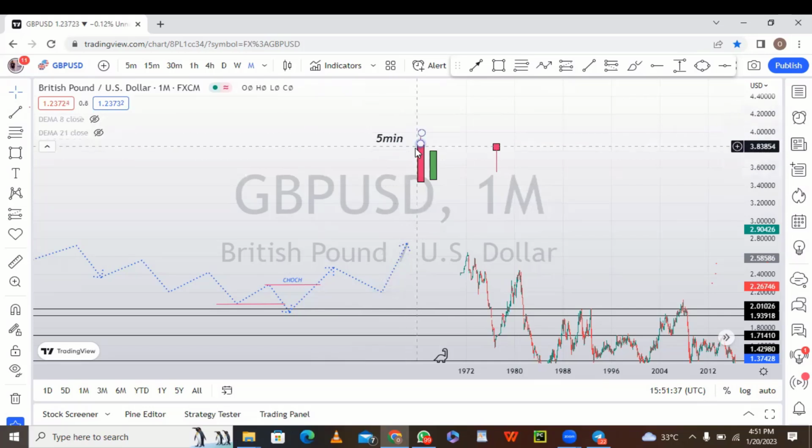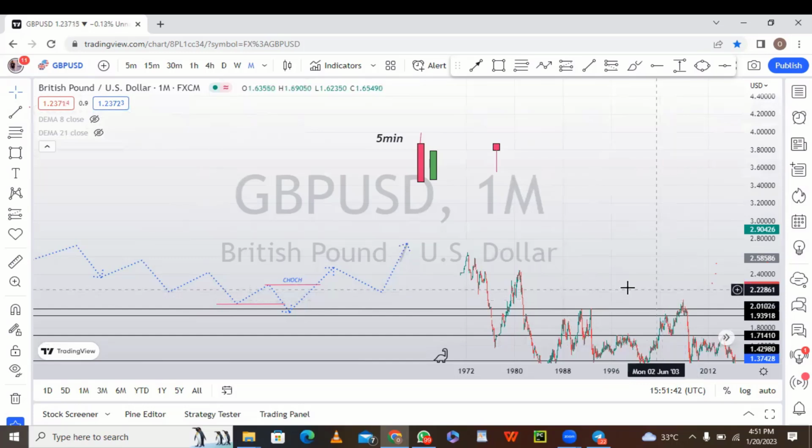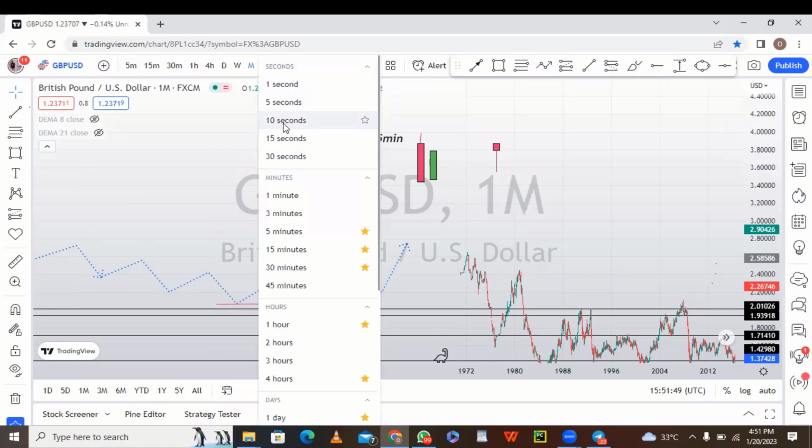I'm explaining how these candles are formed on the chart, because you have time frames such as 1 second, 5 seconds, 10 seconds, 15, down to 1 minute and all. But these are just the time frames I work with, that is why I'm starting with this. If you are on the 1 minute, 5 candles on the 1 minute will combine together to form a single candle on the 5 minutes. In a similar way, 2 candles on the 5 minutes will combine together to form 1 candle on the 10 minutes. So this is how these candles are formed.